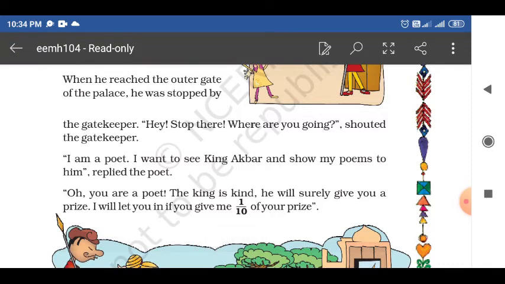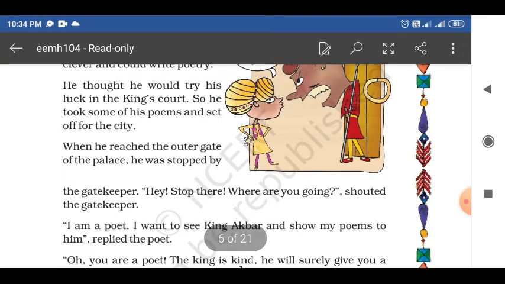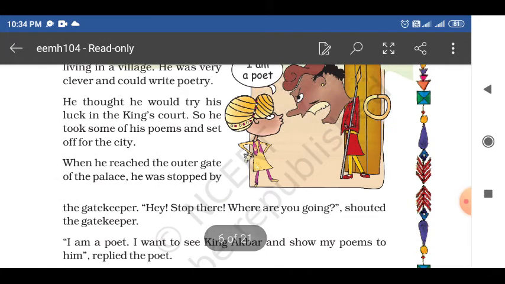See, obviously if a small boy enters the king's court, they will stop him. They will inquire about that boy. Even in the king's court, or for a minister or any chief minister, if you want to go there, a watchman is there, and they will not let you go inside.